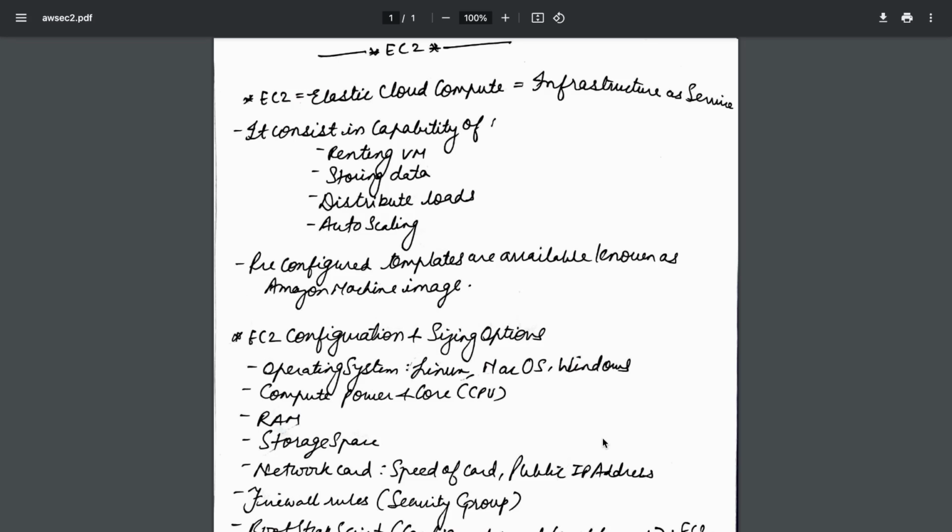Alright, in this video we are going to touch another service, EC2, Elastic Compute Cloud, which is known as Infrastructure as a Service. So basically whenever I am talking about EC2, we are talking about virtual servers. There are multiple capabilities provided by EC2, and hence we are learning EC2 on AWS. One of the capabilities of EC2 is that it allows us to